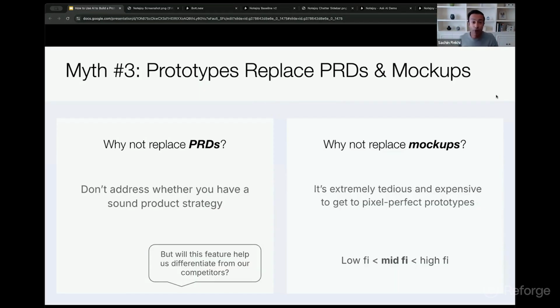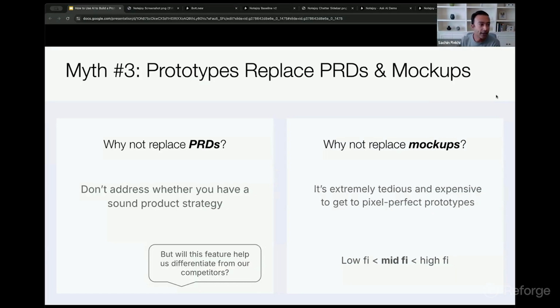You might build a prototype, you might get great customer feedback, they love it. But this idea that, is this feature going to help differentiate against our competition, for example, is a strategy question, which you can't answer from a prototype alone. And so I still think there's a place for PRDs. Now, I do think PRDs can get lighter. They can look like these 1 to 2 page product briefs as opposed to very detailed specs. But I don't think they go away entirely.